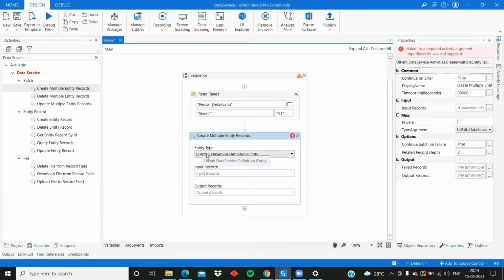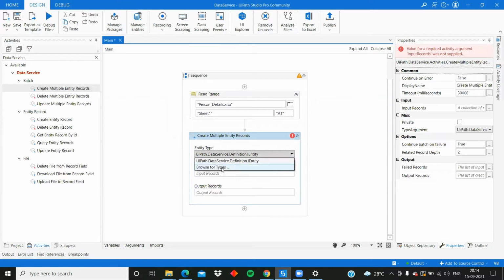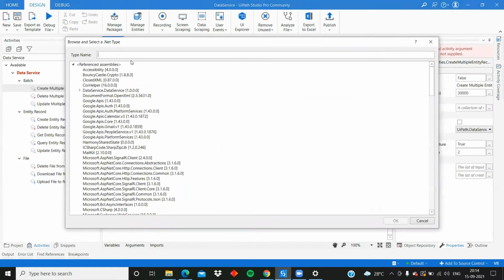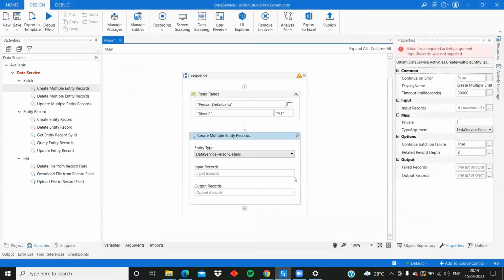Now entity type, my entity type is person details. So I have to search for that. You have to click on this, click on browse for types, and just type your entity name. As soon as you do that, you will see this over here, and click on OK. After you have done that,